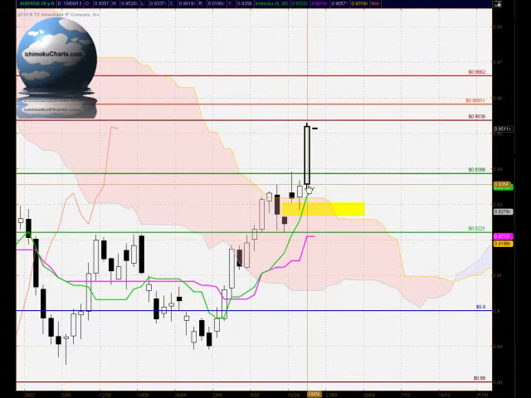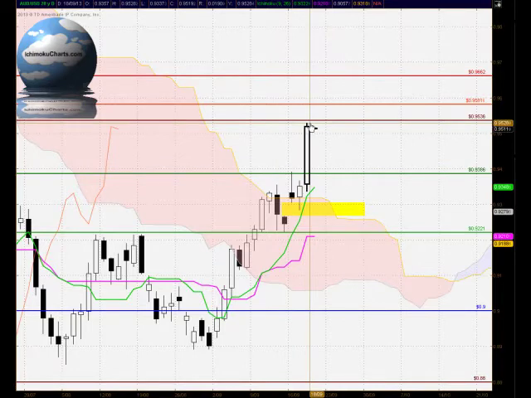The white body denotes the buyers making a substantial amount of net bullish progress on the day between the open and the close, and suggesting the buyers have found some very, very solid upside momentum in this market. The buyers have closed up towards the high, suggesting that the buyers have closed with very strong control of this market. Now, the market took out the important resistance level at